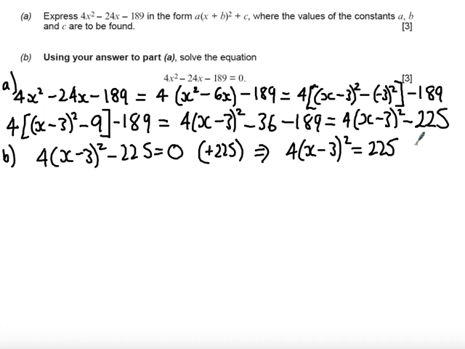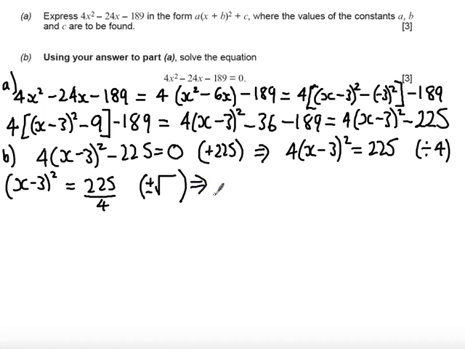I'm now going to get rid of this coefficient. I'm going to divide both sides by 4 so that I get (x minus 3) all squared equals 225 over 4. Now at this point, to get to the x, I'm going to have to do a square root. Please remember that it's not just a square root, but it's positive and negative square root. So what I get is x minus 3 left on its own now is equal to plus or minus the square root of